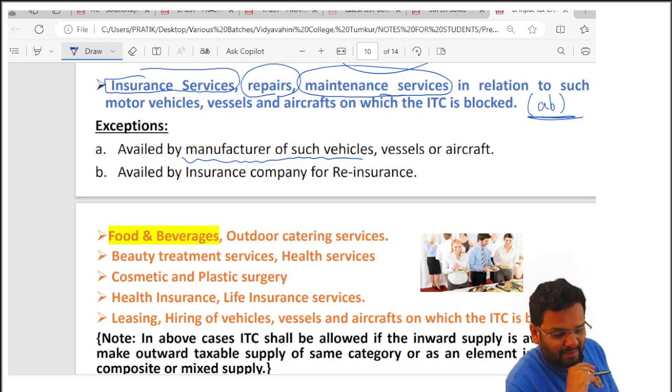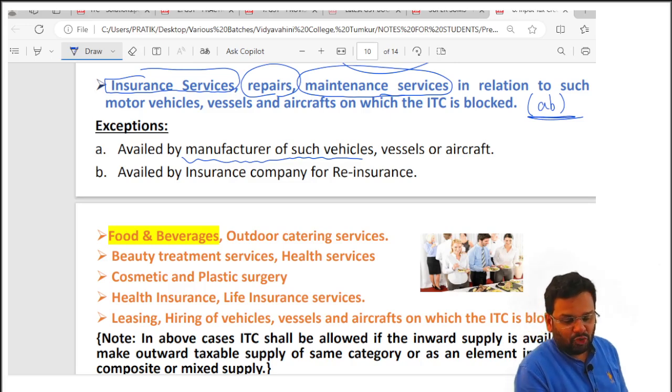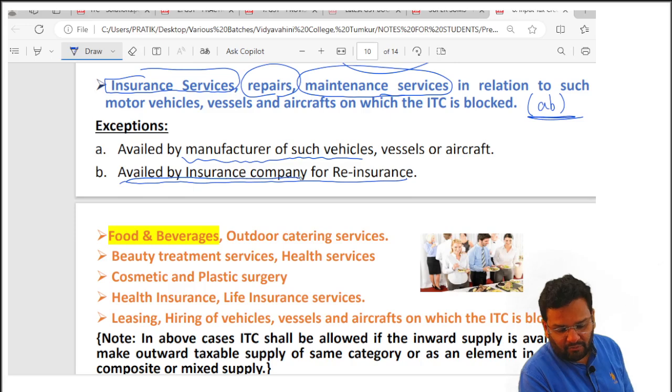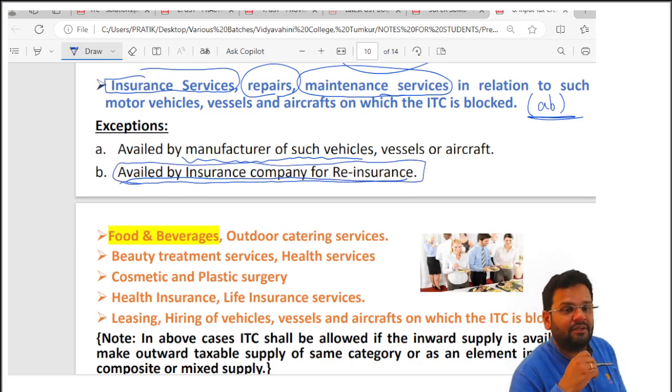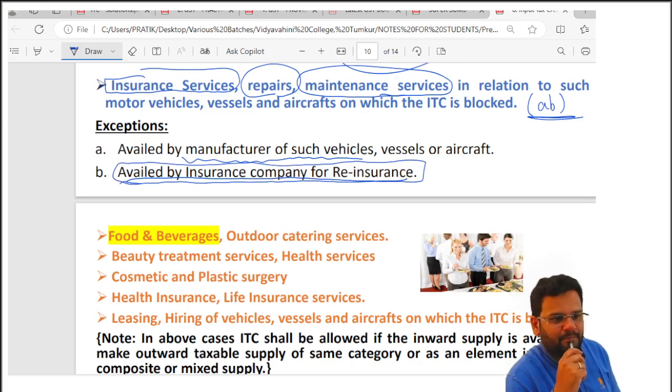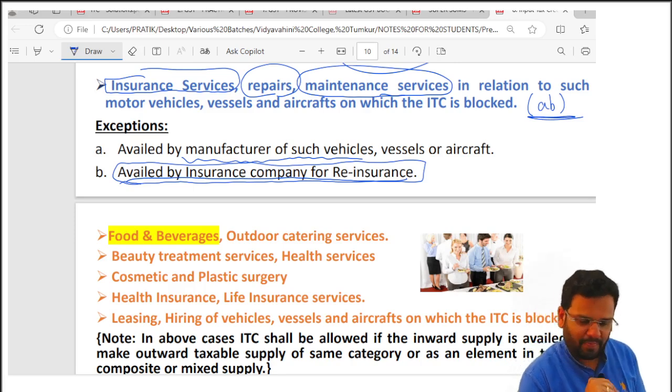I will give you examples. In that examples, you will also get example for this. Availed by insurance company for reinsurance. Should I give you examples? First example,